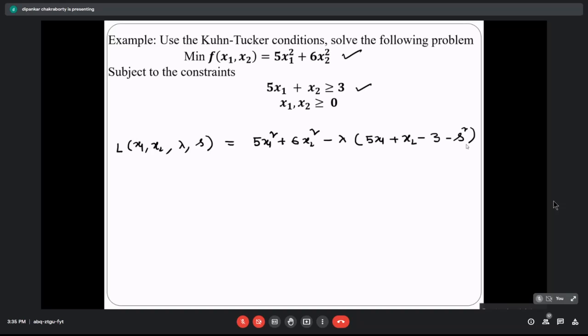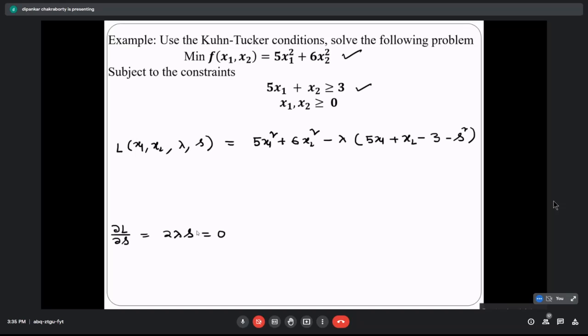So how do you understand how many cases you have to do? You always have to look at the partial derivative with respect to s. What are you getting? Minus, here it is plus 2 lambda s equal to 0. Will you get any other equation other than this in the last? Only one variable is there, s, and one constraint is there. So here only two cases can happen: one case lambda equal to 0 and the other case s equal to 0. So this time you have to consider case 1 as lambda equal to 0 and case 2 as s equal to 0.